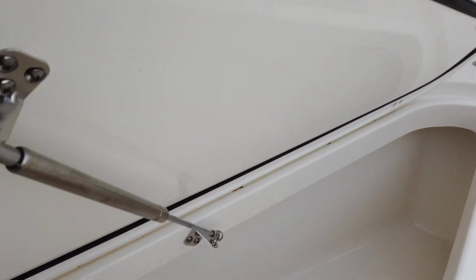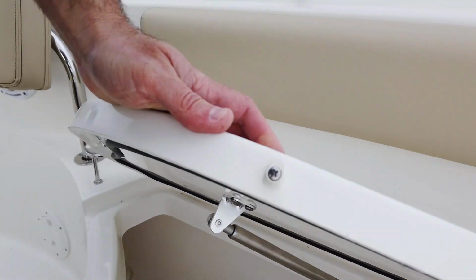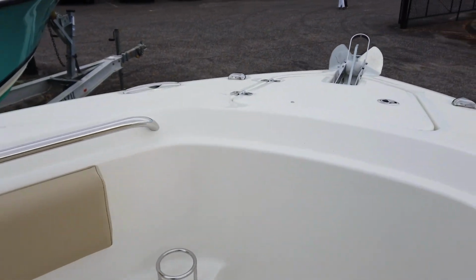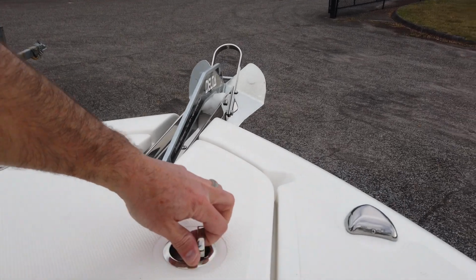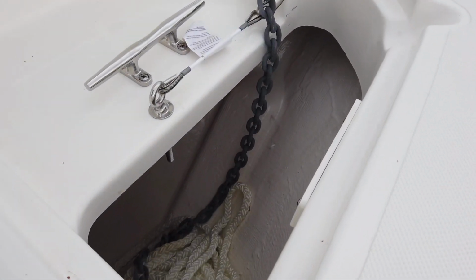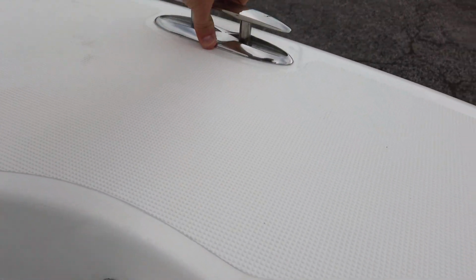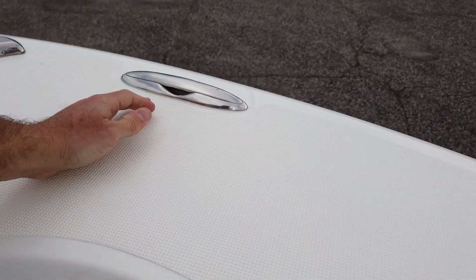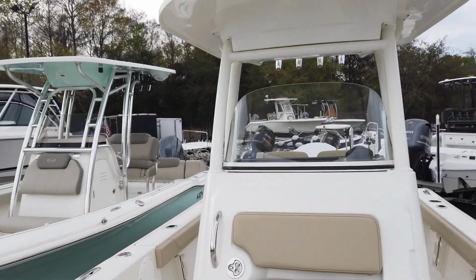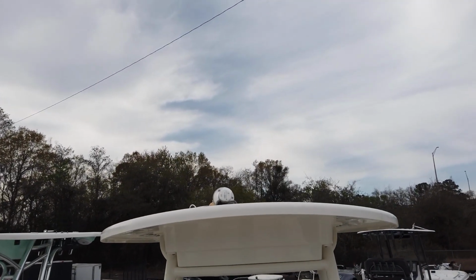But just like all the other bigger Pursuits, this boat does drain directly overboard, so none of this water management going into the bilge. And then the anchor locker, which we can add a windlass. We actually ordered one for this boat, we just haven't installed it yet. But you got a big locker, plenty of rode, plenty of chain, integrated navigation lights, still those same high-end pop-up cleats that we were using on the bigger boats. And looking aft at the windshield, hardtop combo, and I think we're still using the stainless antenna on this one,